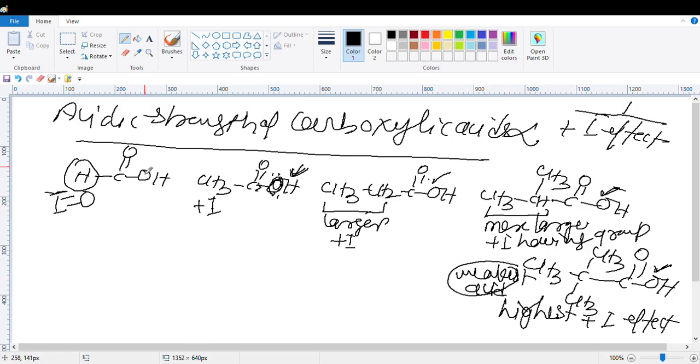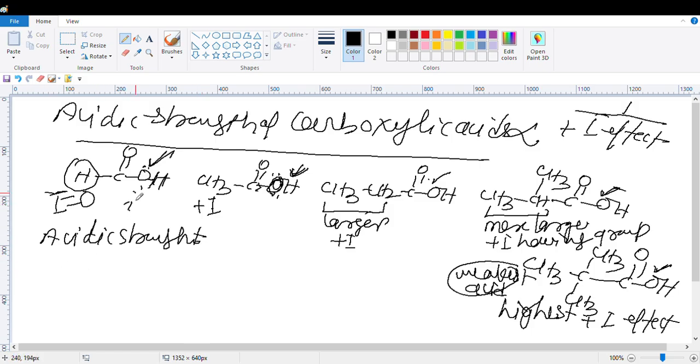Formic acid has no plus I having group. So that is why its oxygen has the least negative charge density. And if the negative charge density is least on this oxygen because of the zero I effect of hydrogen, which does not involve electron pumping or electron donating, this H positive will be removed most easily. That's why the acidic strength will be